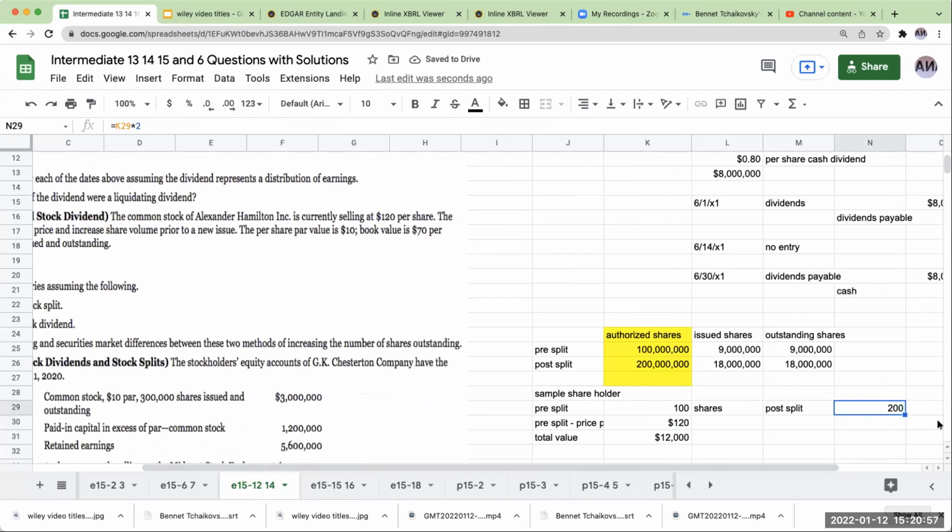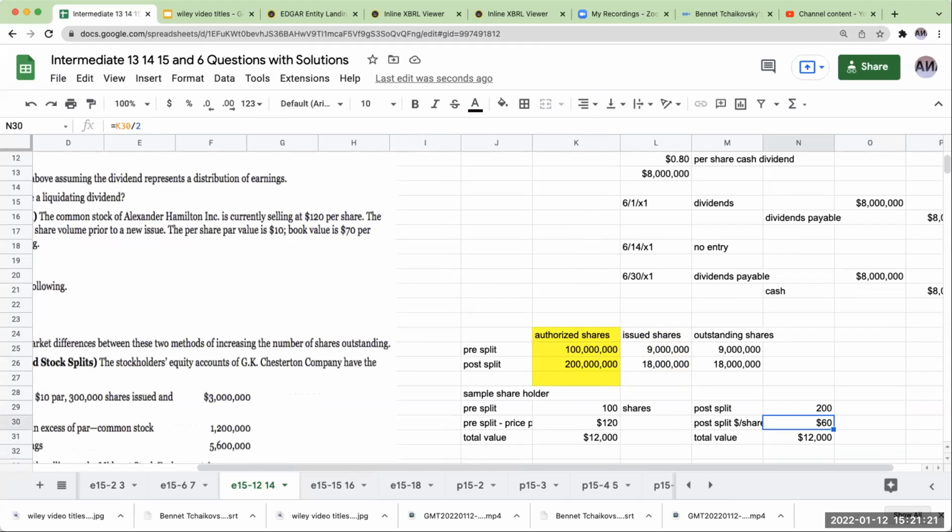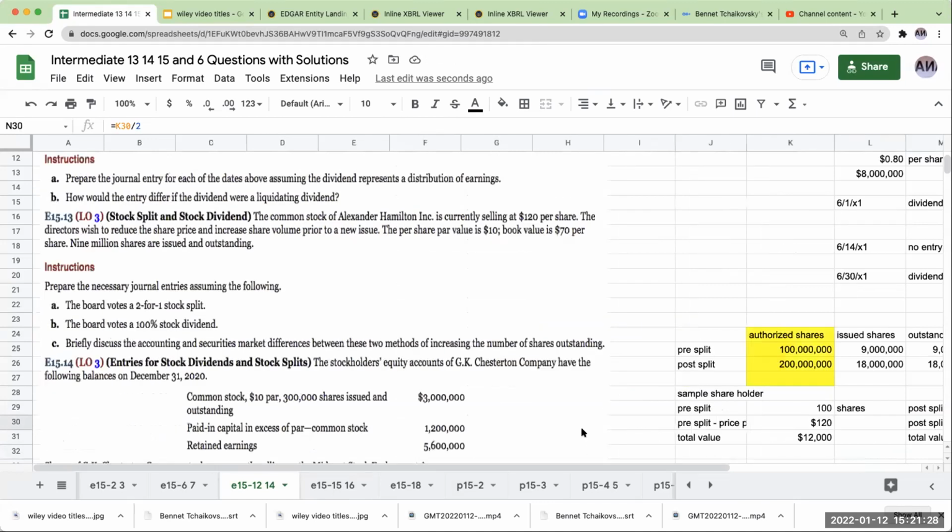But what's going to happen in the marketplace is that the marketplace is essentially going to fractionally adjust the stock. So my post-split price per share is not going to be 120, it's going to be 60. So my total value has not changed, but as a shareholder, I now have the upside, and my stock can actually grow more because of the psychological factor of stocks being too highly priced. If you look at Berkshire Hathaway,